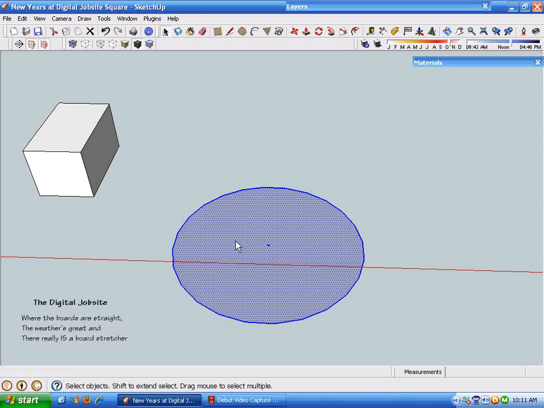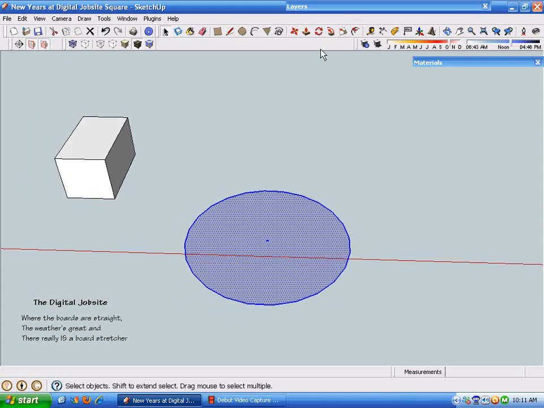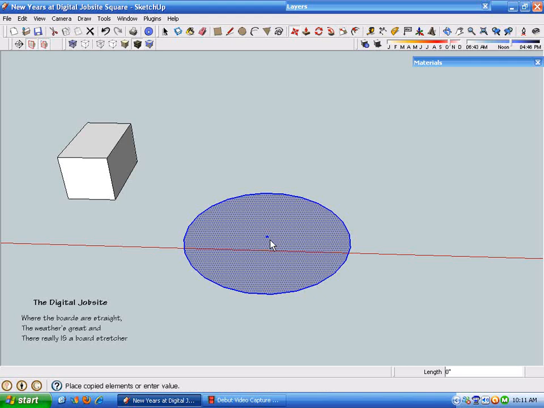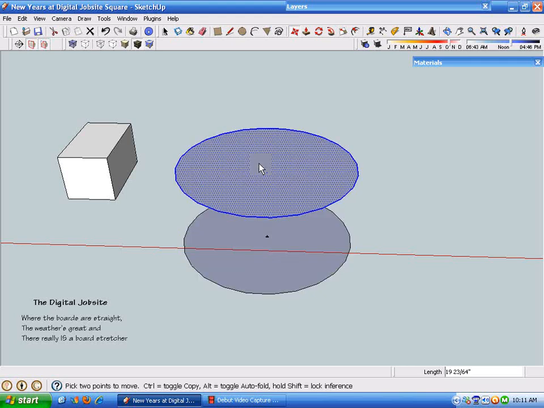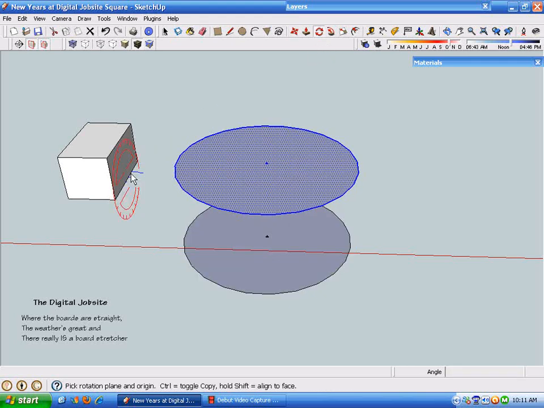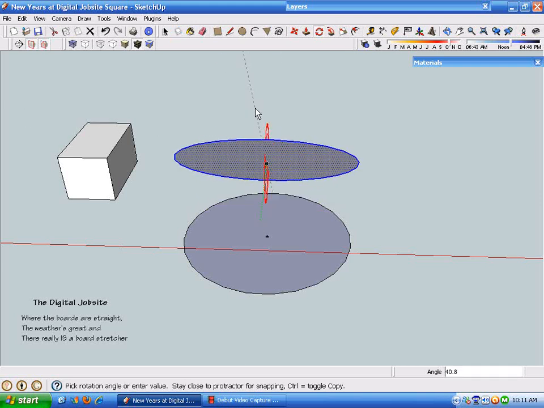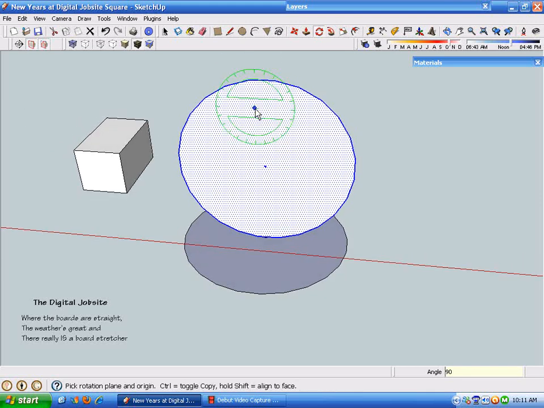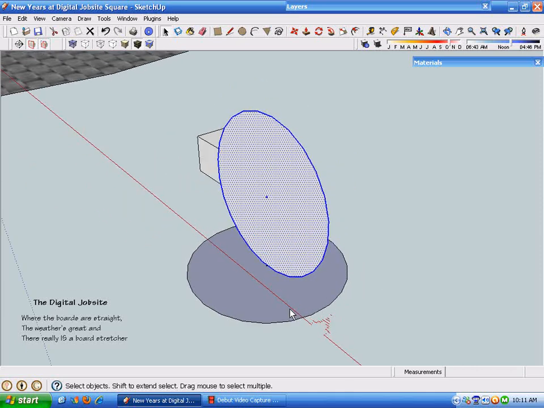And I'm going to move a copy of this disc up. We're just going to move it up in the blue direction 20 inches, and then I'll rotate it in the red direction. Just hover my rotate tool over that face on that reference box, click the center of this, and then I can easily rotate this disc 90 degrees, which will basically make it stand up on top of the